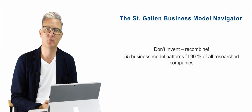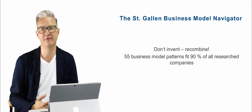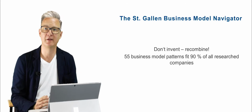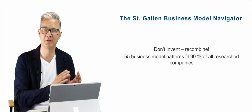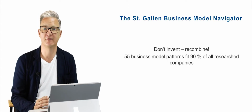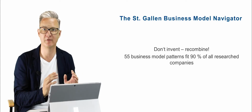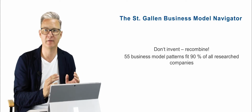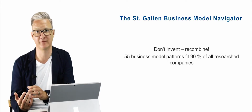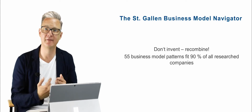Well, what was the Business Model Navigator doing? St. Gallen researchers looked at a lot of businesses and tried to find out whether they could find patterns that are similar in all these businesses. And what they found out is really stunning. They found out that 90% of all the businesses they were looking at you can describe with only 55 business model patterns,